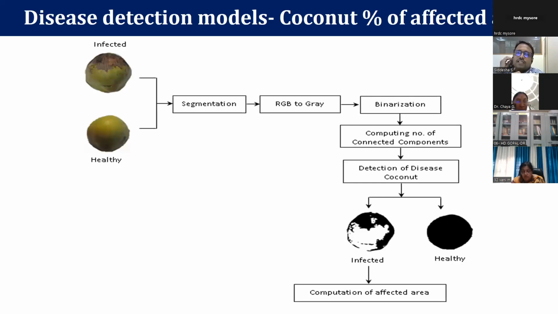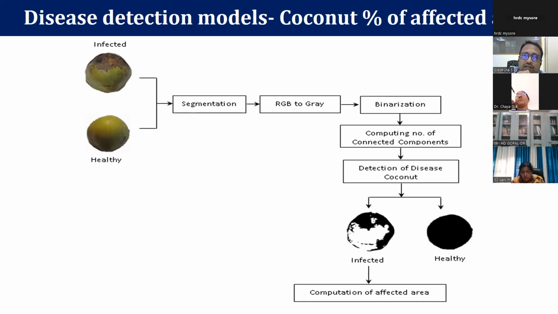So next is disease detection models for coconut. In the case of coconut, we have seen one interesting thing. Based on the patches on the coconut, this is severely affected with mite once again. In Kannada we call it nusi. In that case, it is going to affect the coconut quality. Whether it is used for coconut oil extraction or as tender coconut, the taste of that juice will be entirely different between infected and healthy.